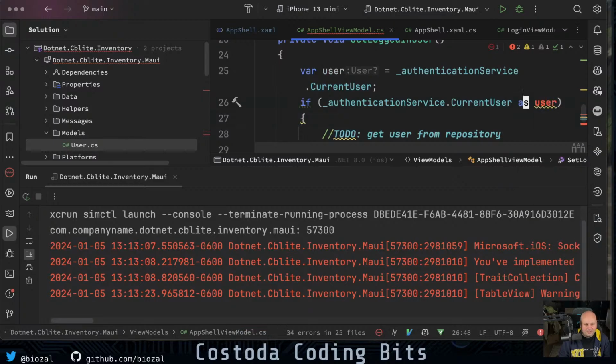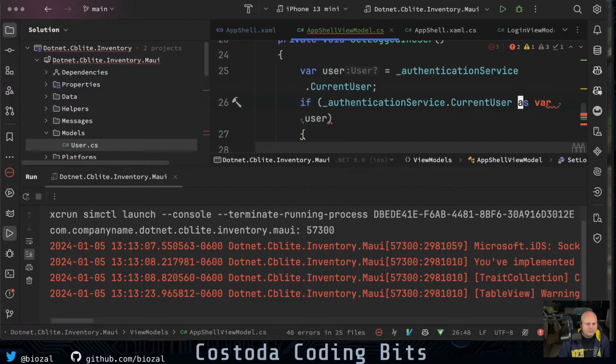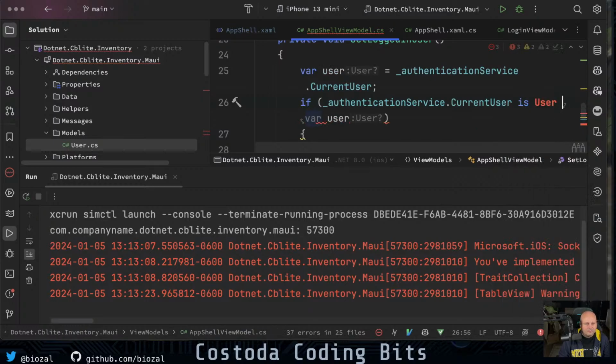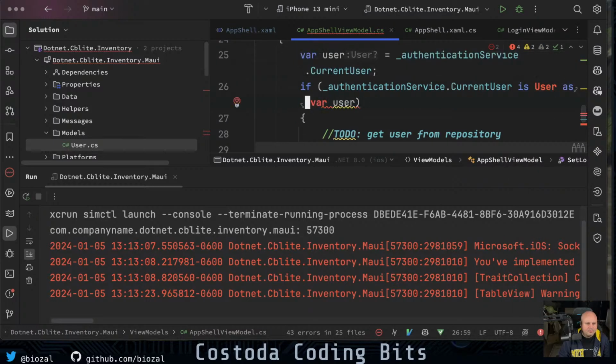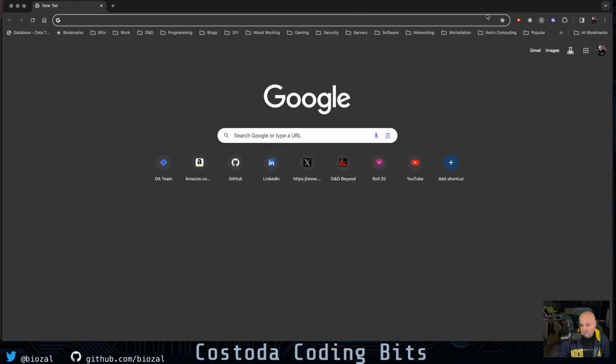I think this is the as our user. What's the C# syntax for this? I don't remember. Boy, I remember Kotlin. Let's see here. C#